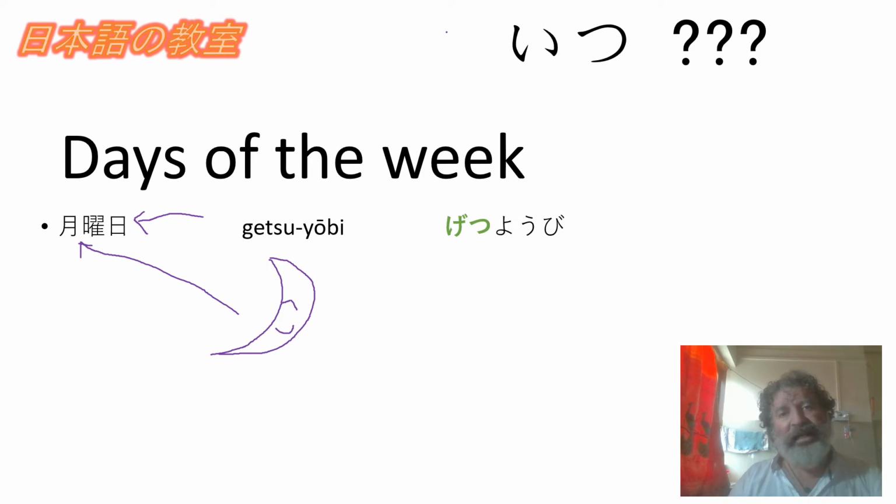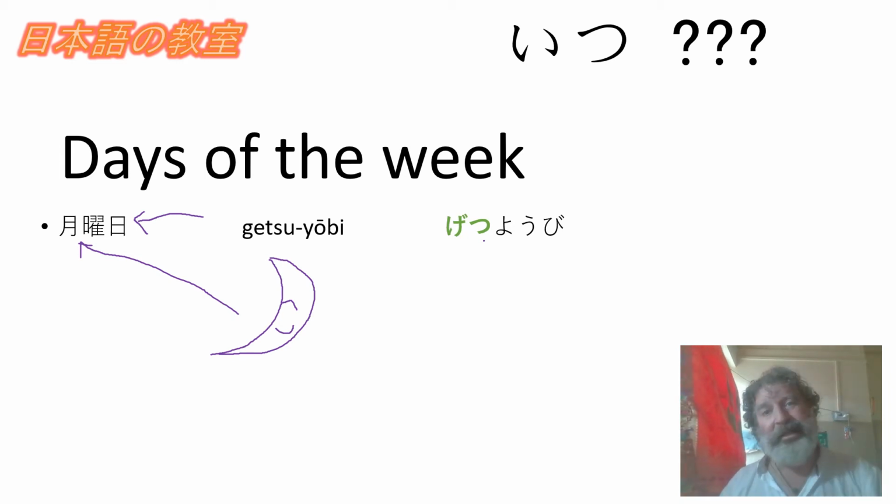And I've highlighted the getsu in green. I said that the word for moon, this is otsuki-sama. Tsuki. So the Japanese reading for moon is tsuki. The Chinese reading for moon is getsu. But when it's talking about months, it gets changed to gatsu. Ichigatsu, nigatsu, sangatsu. So these little subtleties that you have to learn when you're learning a foreign language.